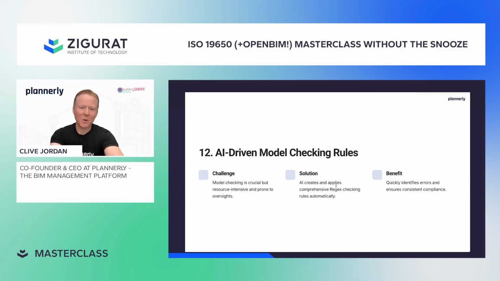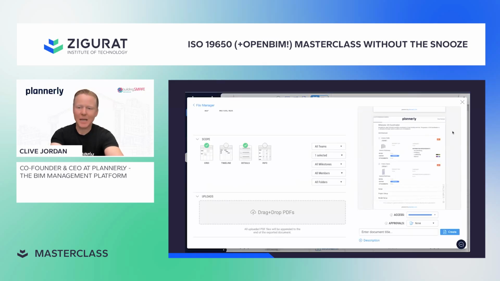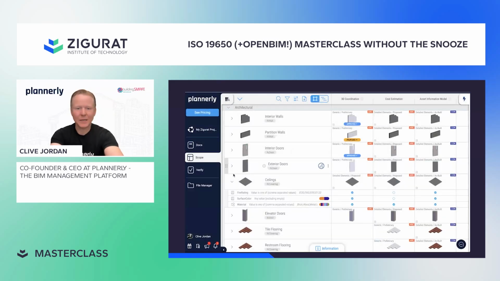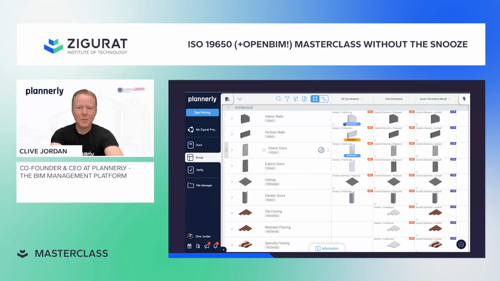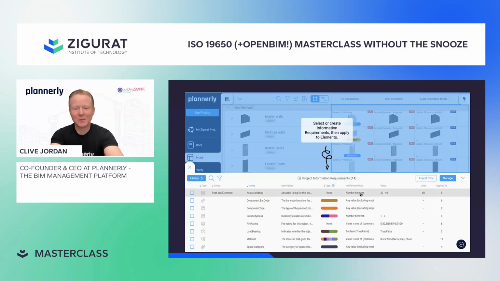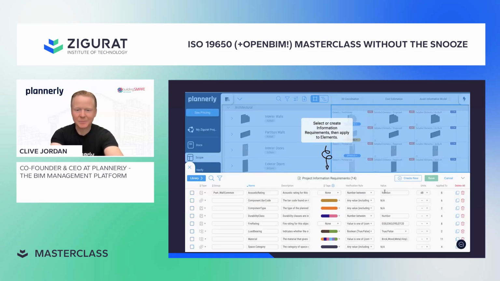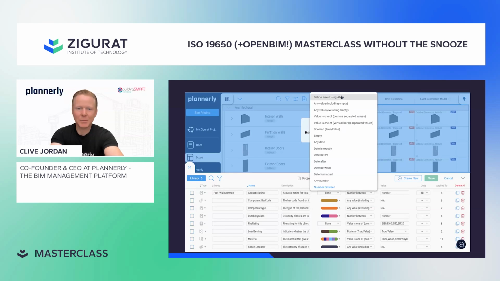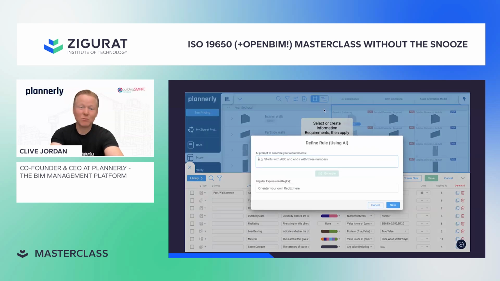Once we have defined these requirements, we need to be able to check them, and there are ways to do that in an automated fashion using these rules. But sometimes the requirement is so detailed, and I didn't go to school to learn regular expressions, but let's say the acoustic rating doesn't need to be a number between a certain number and another one, but we want to use a rule to say that follow